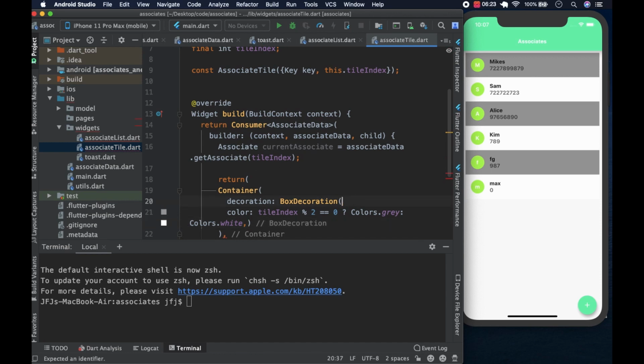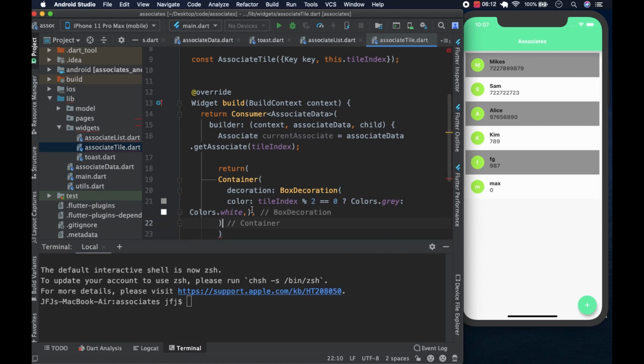Let's remove this comma, and so this is supposed to be inside the box decoration, and afterwards we can put the child. Wait, where's the box? That's the box. So outside the box we could say child like this,